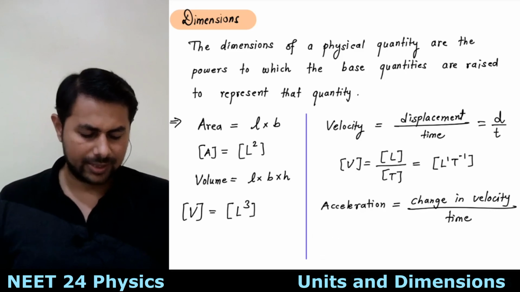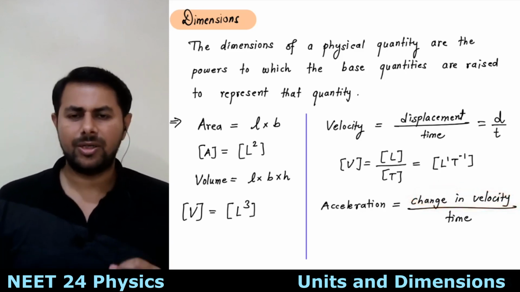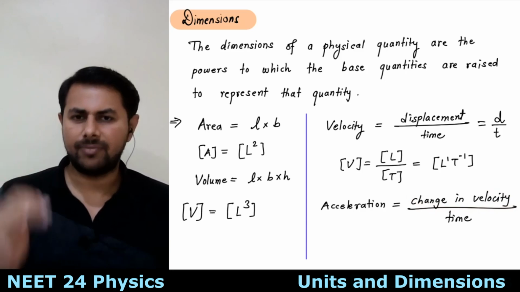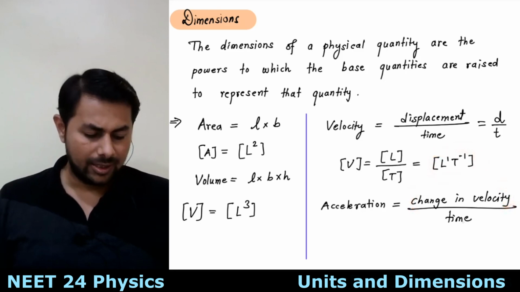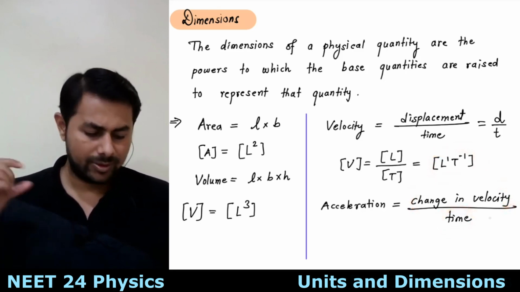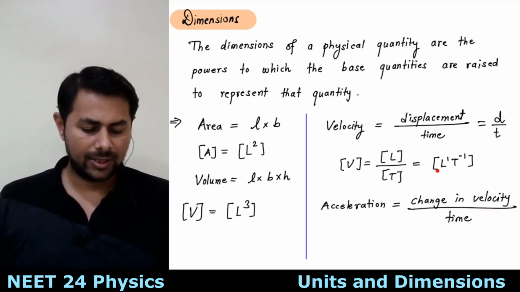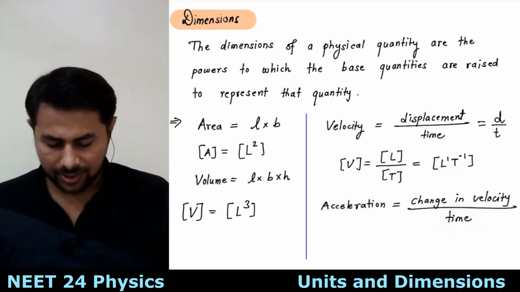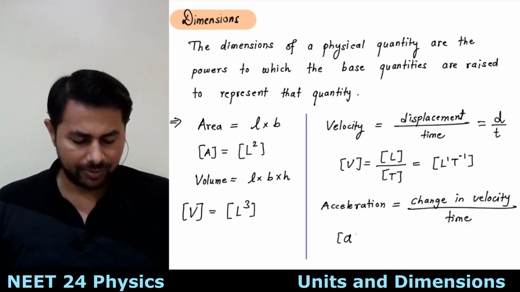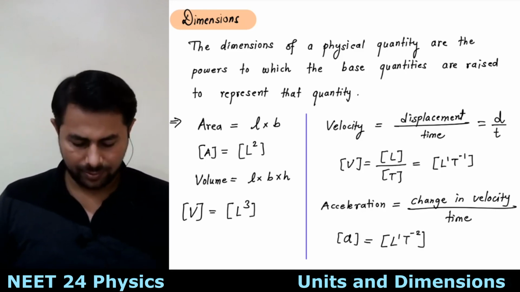Next is acceleration. Similarly, you can say acceleration is change in velocity divided by time. In the numerator you have change in velocity, whose unit is meter per second, that means length by time. So the dimensions of the numerator are L1 t minus 1, and in the denominator you have one more time, t. You take that to the numerator, it becomes t raised to minus 1. You already had L1 t minus 1, and this t minus 1 adds to it, so the dimensions of acceleration are L1 t minus 2, right? That's simple.